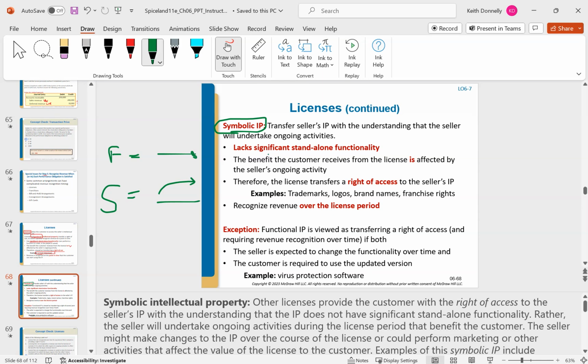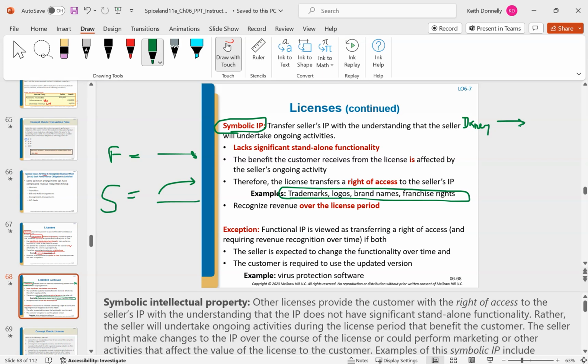In this case, it lacks significant standalone functionality. What we do will affect the ability and usage of the person we're selling it to, and we're transferring a right of access. So what are some examples here? Trademarks, logos, brand names. What would be an example of this? Maybe we're Disney,